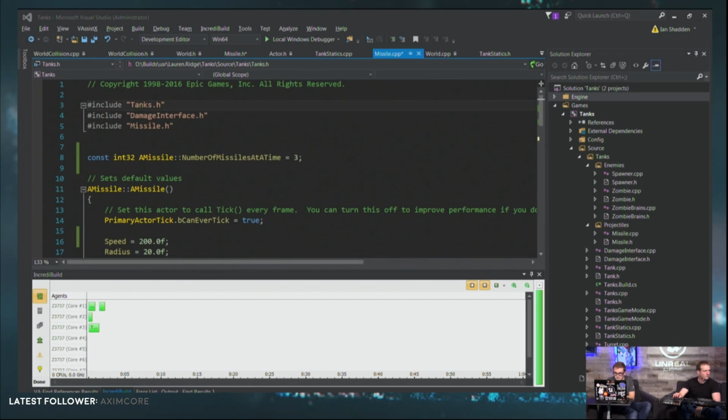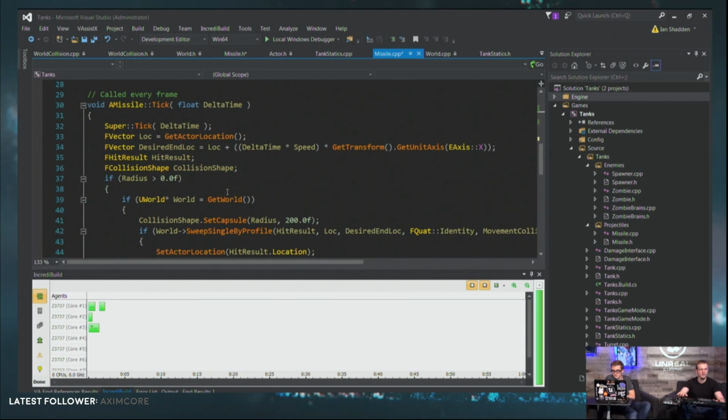Oh, right. How should one declare non-standard C++ variables like F input action key mapping? So that's not a standard C++ variable in the sense that that's an engine variable. That's a variable that we declared, provided by us. Really the same way. I mean, kind of like how when I was just messing around, we're just like this. Like, here you go. Here's F hit result.